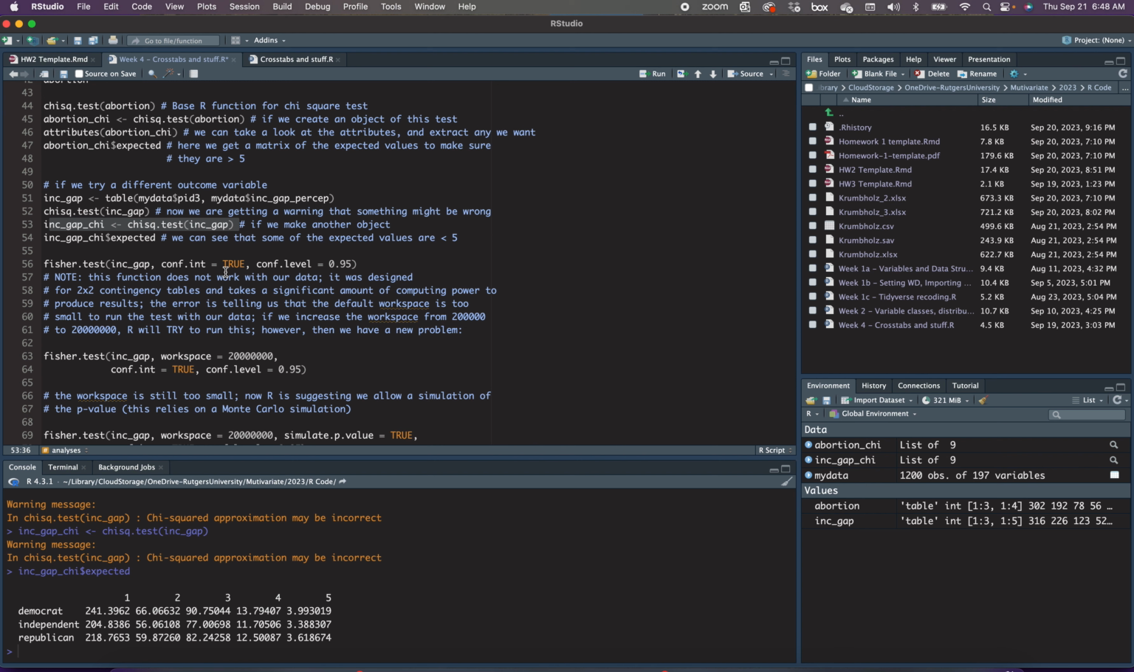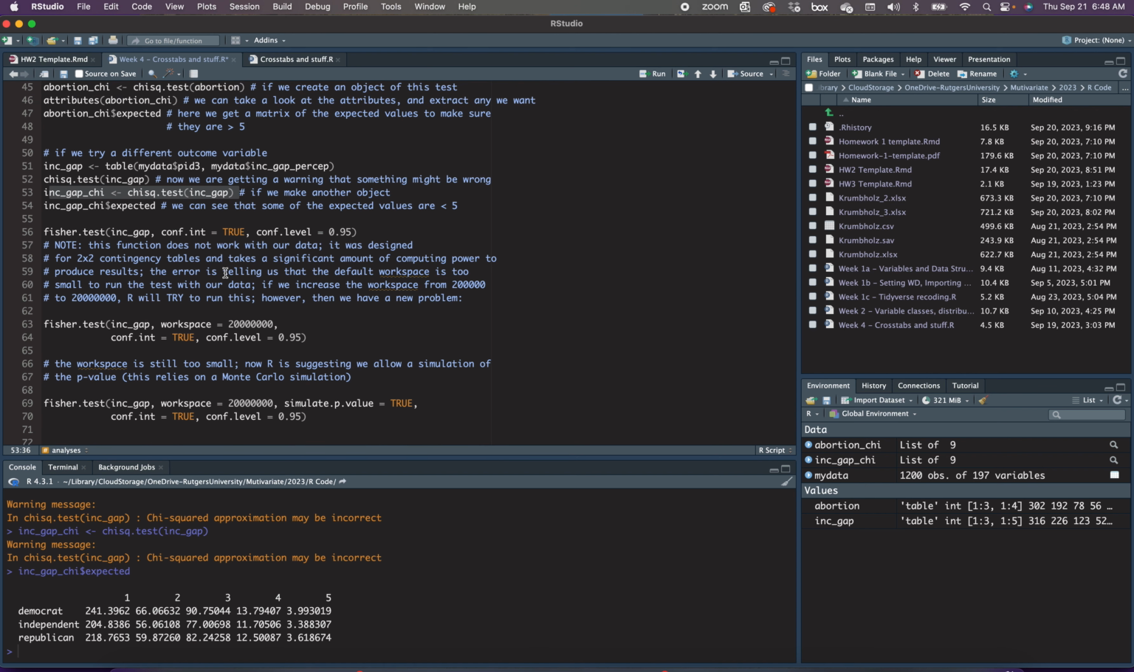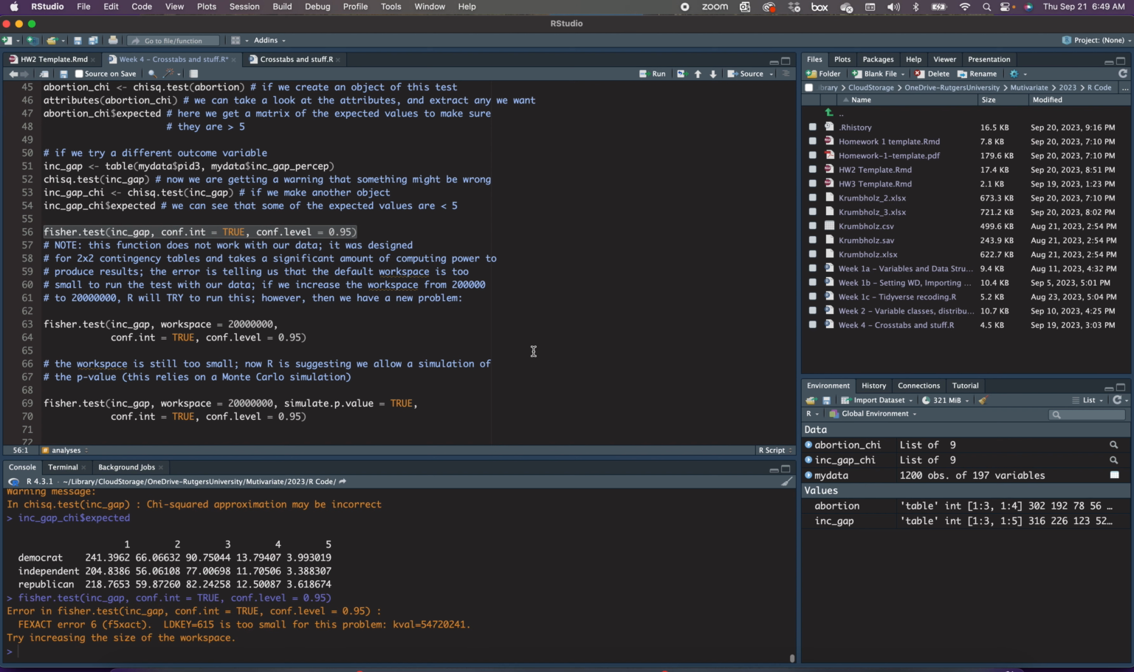I don't remember if the Fisher test is an alternative to a chi-square test or if it's just another test. But here's the code for that. The problem is our computer is not big enough to handle this computation. It's designed for a 2x2 contingency table, and we're looking at a lot more categories here. So it needs a lot of computing power to produce results. This error warning tells us to try to increase the size of the workspace. So that's what this extra argument in here does,